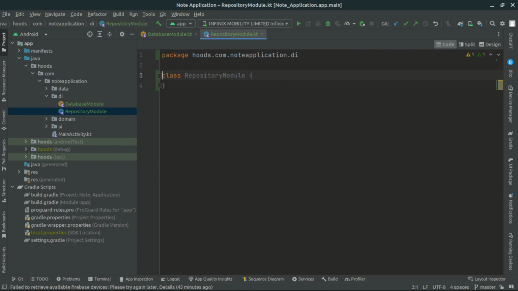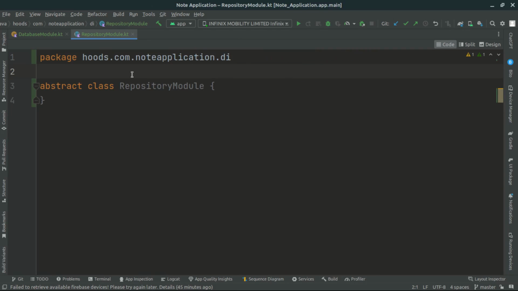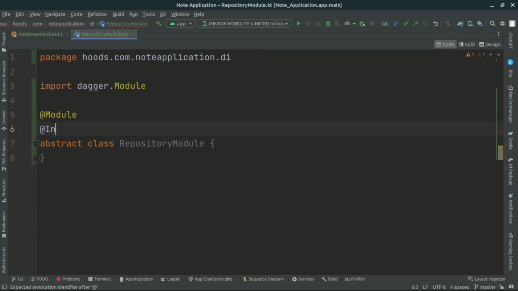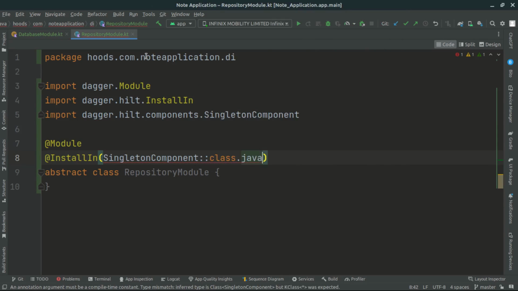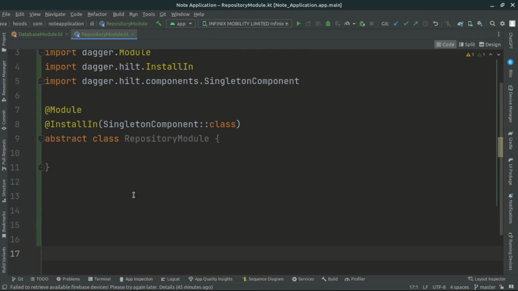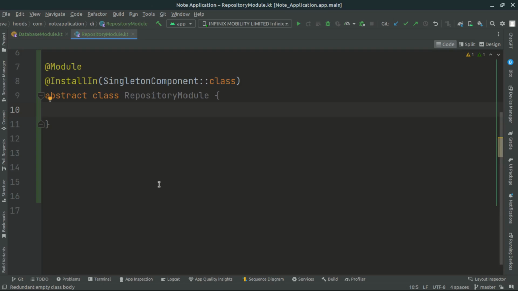Okay, and we want to make this class abstract. Okay, the next case here, we want to bind this type of repository. So for this case, we can create here an abstract function and call this bindRepository,